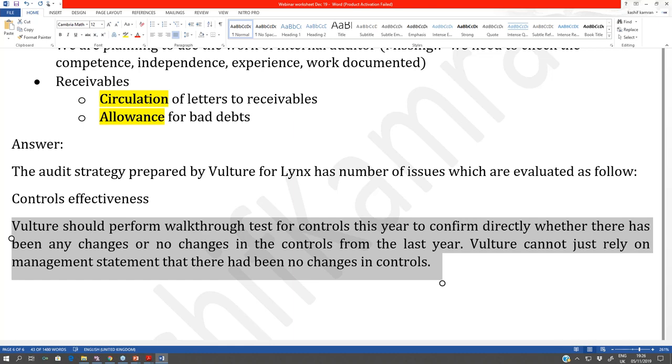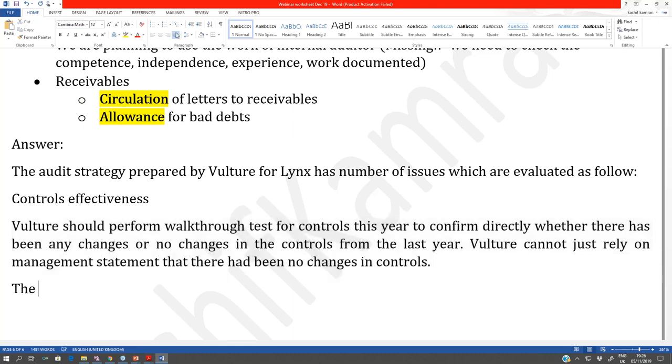So that's one problem, that Vulture should have performed walkthrough tests rather than just placing a blind reliance on the management statement. Number two, the substantive testings can be reduced if controls are effective,